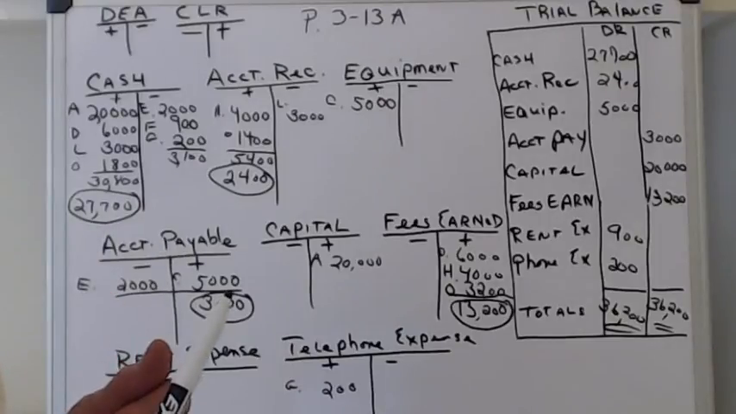Next, we're going to go to Chapter 4, and we're going to start writing in the journal, which is the real book that